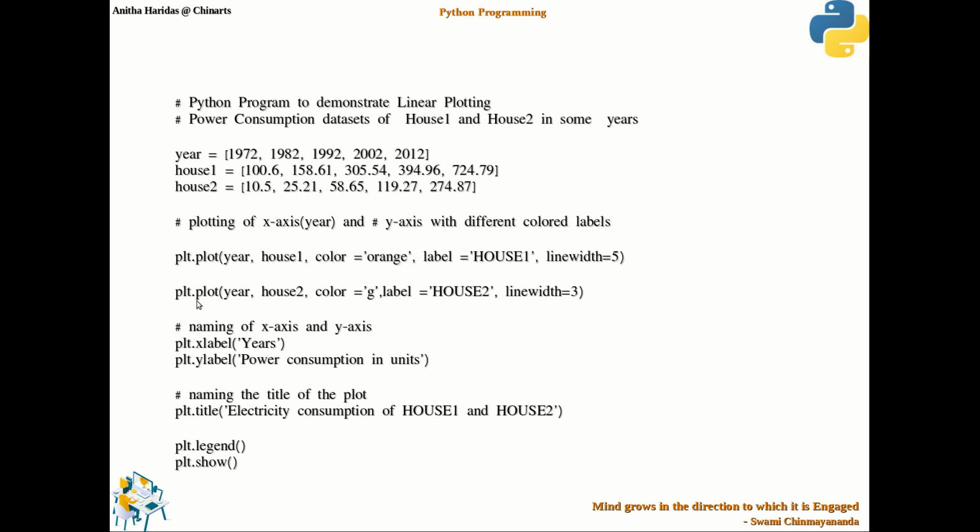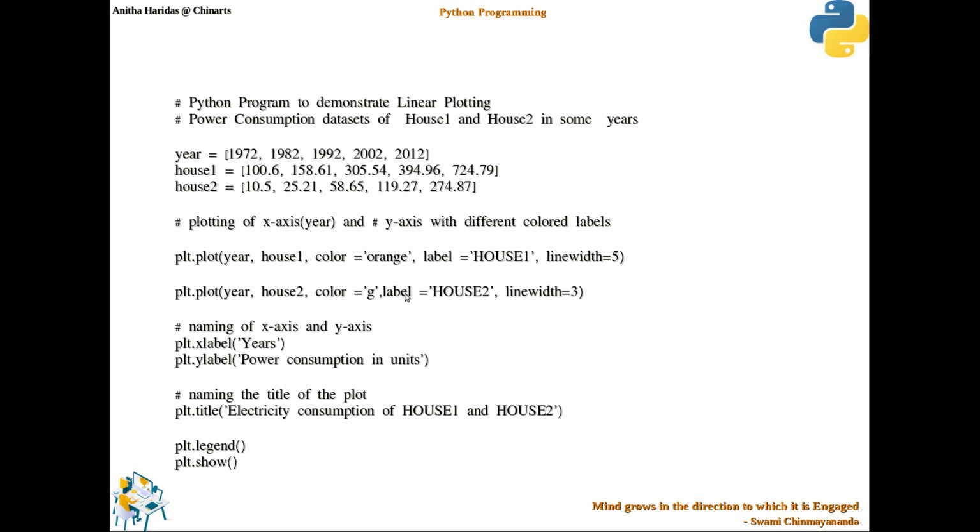Then in the second plot function, I have used the same x value, but this time I am using the y value with house 2 data. Then the color I gave as green, and you can observe here that for the first one I gave orange, the full name, and for the second one I have just used G. So you can use either G or you can use green itself. So it is all flexible here in Python.